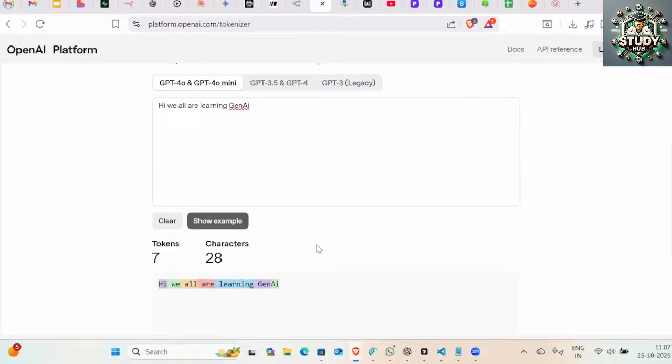Now you tell me. I'll ask you 2 questions, and you will be clear with this concept. First, you tell me why computers break text down into smaller tokens, or before even that, you can tell me, do I have a finite set of words in the English language or infinite? First you tell me about this. Do I have finite or infinite words? Okay, I can see a mix of both.